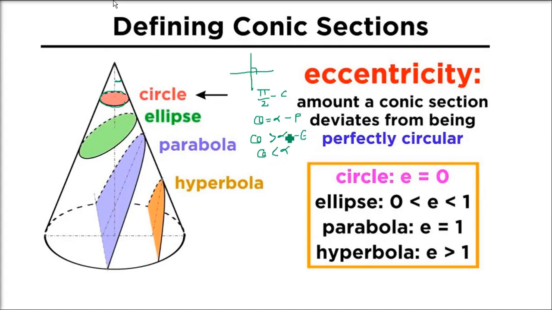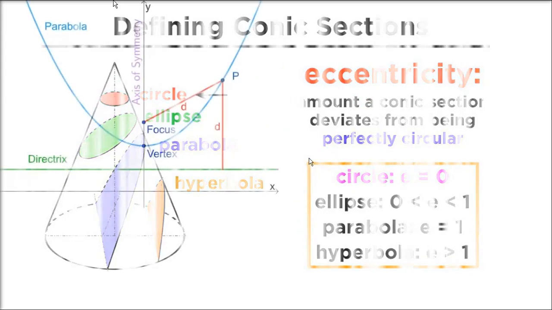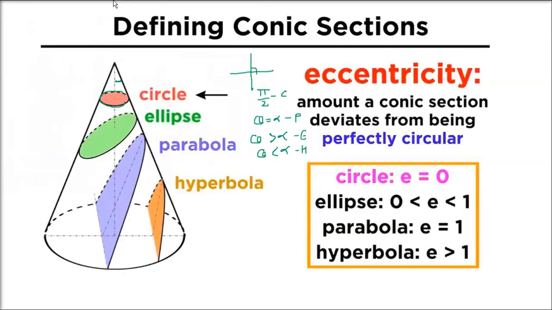When theta is less than alpha, two cuttings will be there, and it will be a hyperbola. So these are all conic sections, because we can get them from a cone. A conic section is the locus of a point that moves in such a way that its distance from a point and its distance from a fixed line always bear a constant ratio.